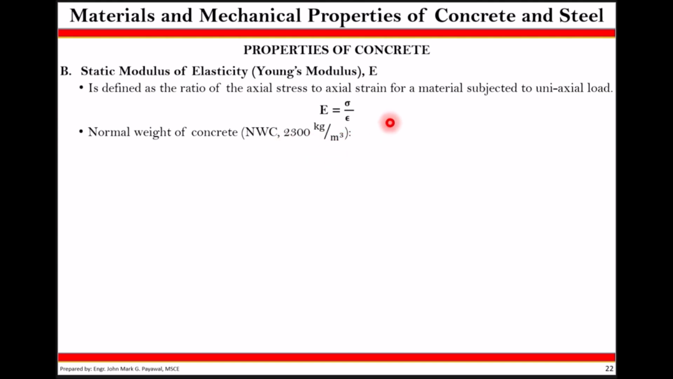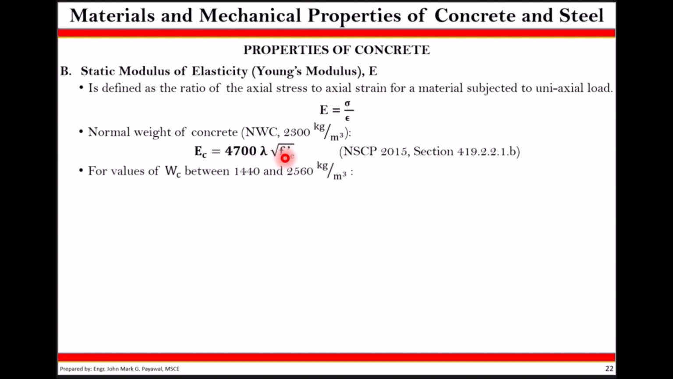So how do we know the elastic or Young's modulus of your concrete? Based on the code, which is section 419.2.2.1.b, it is 4,700 lambda square root of Fc prime. But what if your concrete is not weighing exactly 2,300 kilogram per cubic meter, or it's not termed normal weight? For values of weight of concrete between 1440 to 2560, you would now use Young's modulus of concrete equal to Wc to the 1.5 multiplied by 0.043 lambda square root of Fc prime. This is taken from